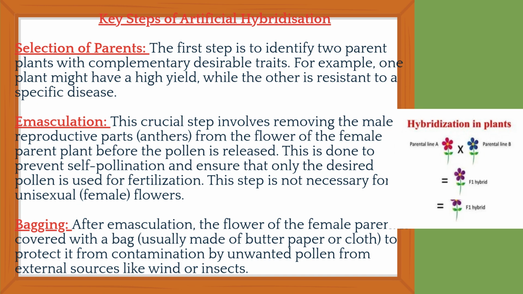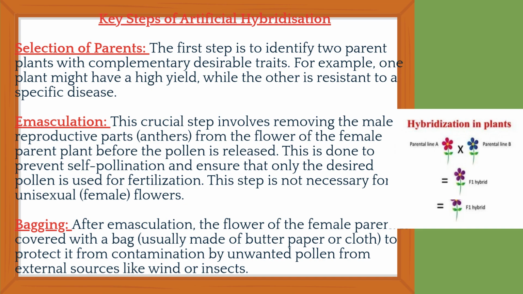Whichever traits we require, we have to select those parents. For example, one plant might have a high yield while the other is resistant to a specific disease. So we have to choose the desirable plants. Now the second one is